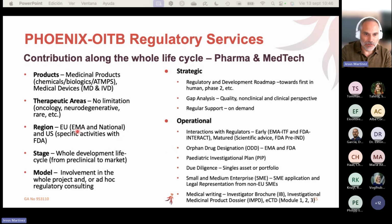And also included in this last category, we have our regulatory support. And in fact, the lack of agreed regulations for nanomedicine makes it difficult for researchers and SMEs to translate their developments to clinics. And PHOENIX-OITB provides support and guidance to our customers for the creation of different IMPDs of the nanomedicine under development, for different kinds of products, different therapeutic areas, for EMA, for FDA, at different stages